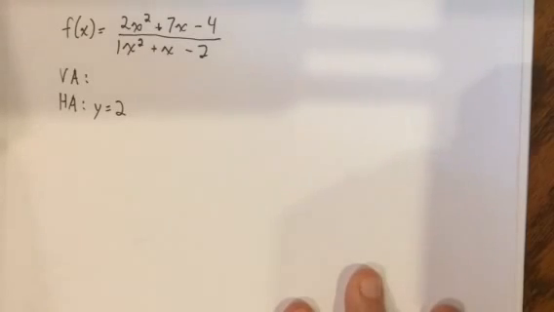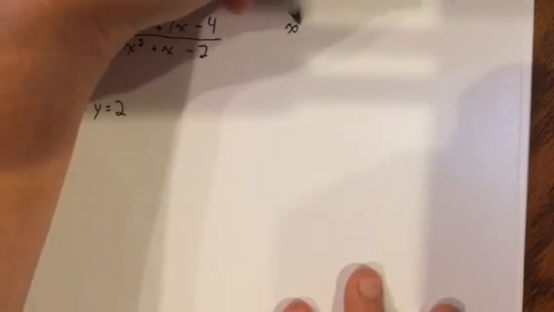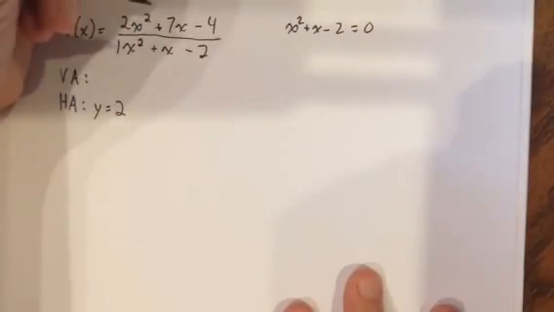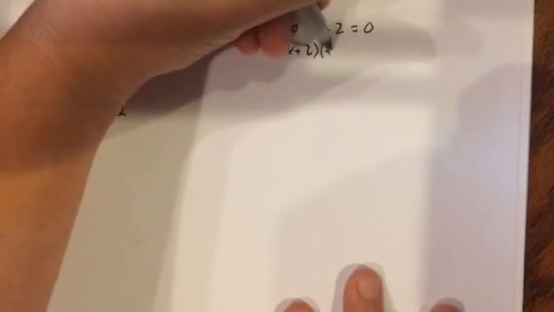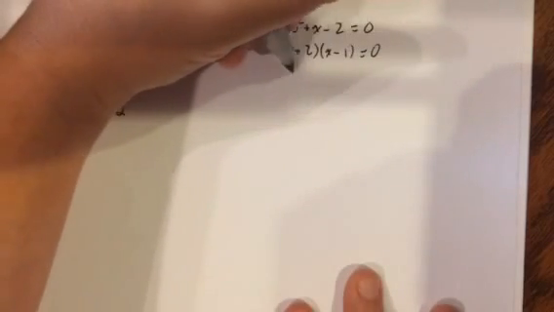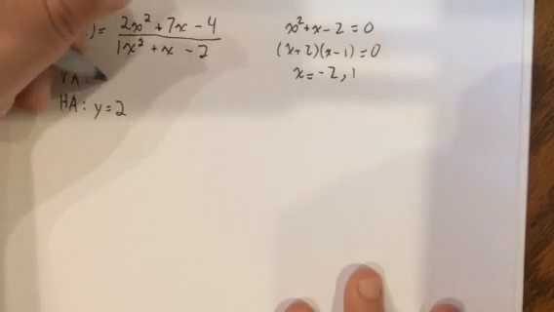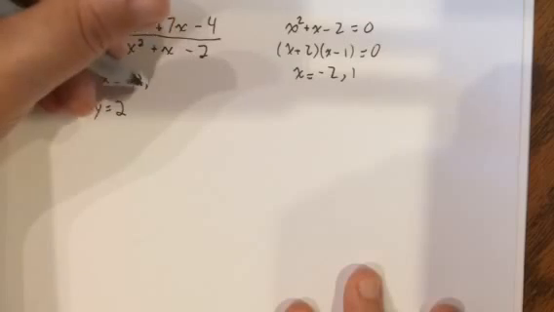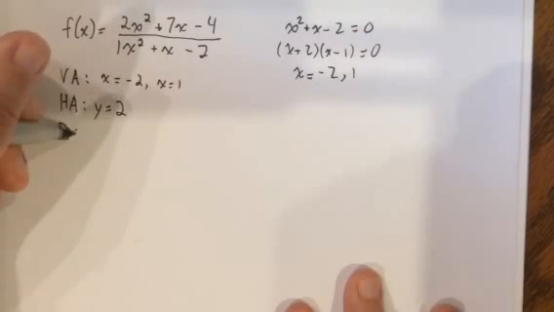Okay, vertical asymptote, I need that denominator not to equal 0. So x squared plus x minus 2 equals 0. So (x plus 2)(x minus 1) equals 0, x equals negative 2 and 1. So I have two vertical asymptotes: at x equals negative 2 and x equals 1, which means my domain, because domain and